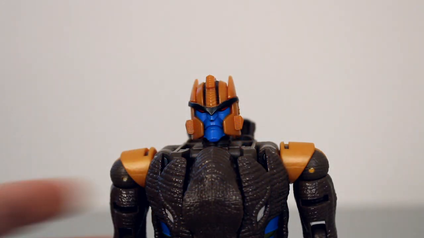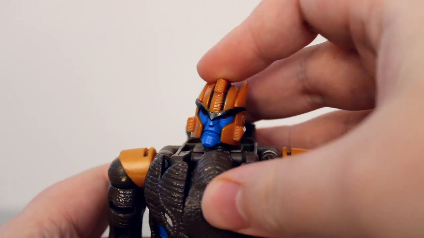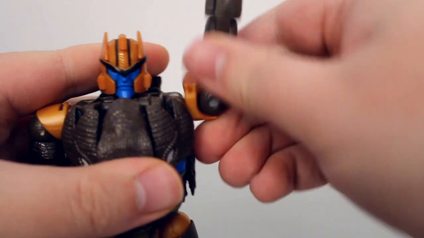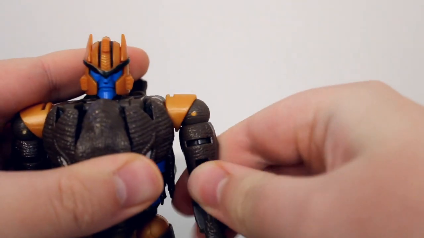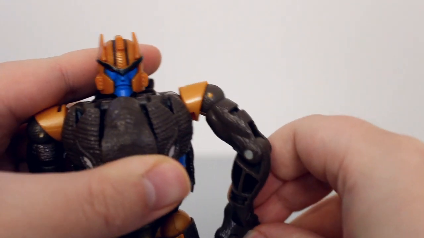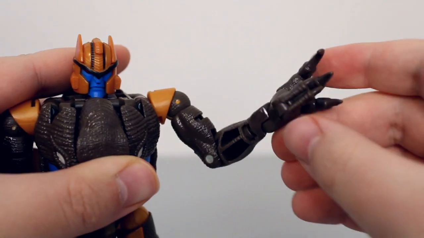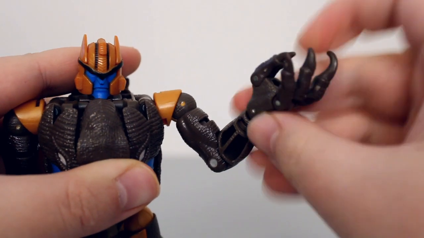On to articulation. The neck is on a ball joint and has a lot of range of motion, even tilting side to side. The shoulders rotate a full 360 and move in and out on both sides of that swivel. Bicep swivels and 90-degree elbows, which can also bend backwards due to transformation in case you ever want that. The raptor feet form as hands, so they can swivel and bend in and out, and the claws can open